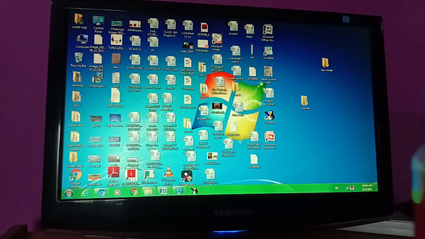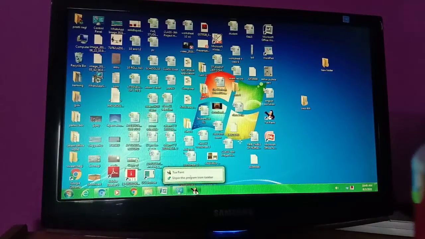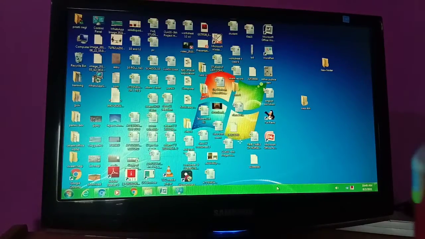So what should I do? I just need to right click on it, then click on Unpin this program from taskbar. As I unpin, this program is now unpinned from your taskbar. So it's very easy to unpin a program. Okay, clear to everyone?